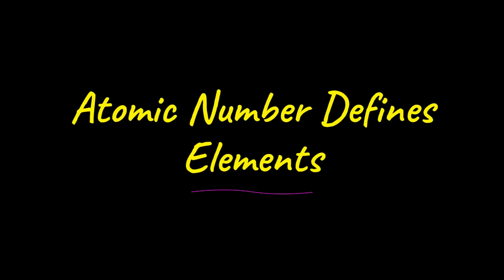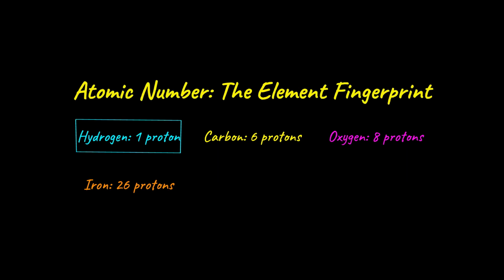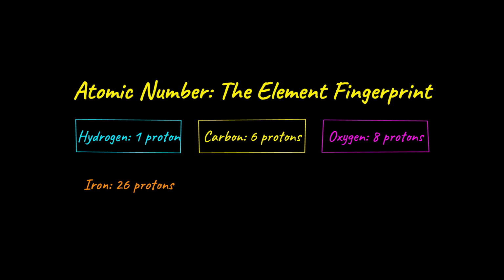Every element on the periodic table is defined by a single number, how many protons sit in its nucleus. That number is called the atomic number, and it is the entire definition of elemental identity. Hydrogen has 1 proton, carbon has 6, oxygen has 8, iron has 26. Change that proton count by even 1, and the atom becomes an entirely different element with different chemistry and different